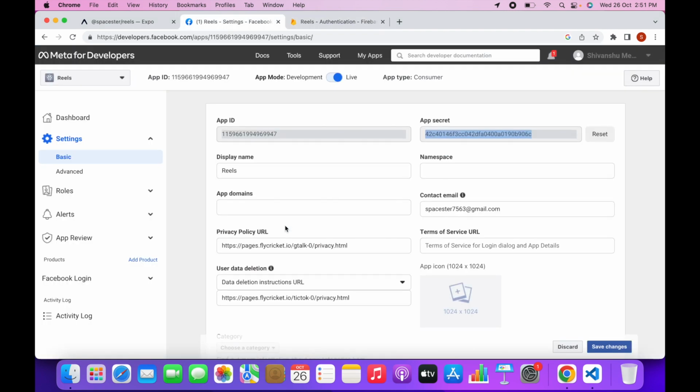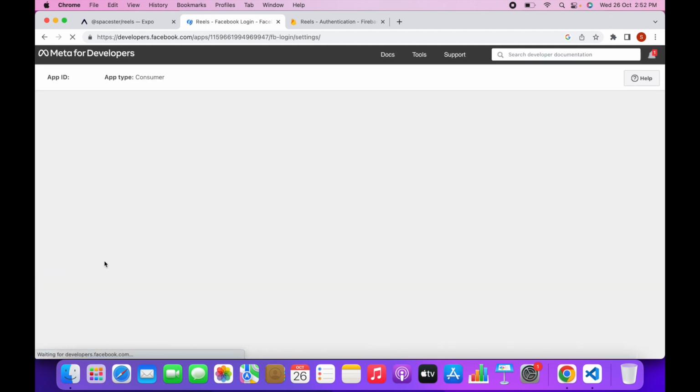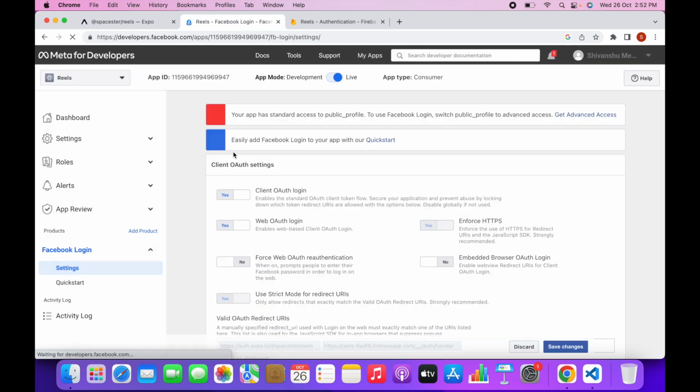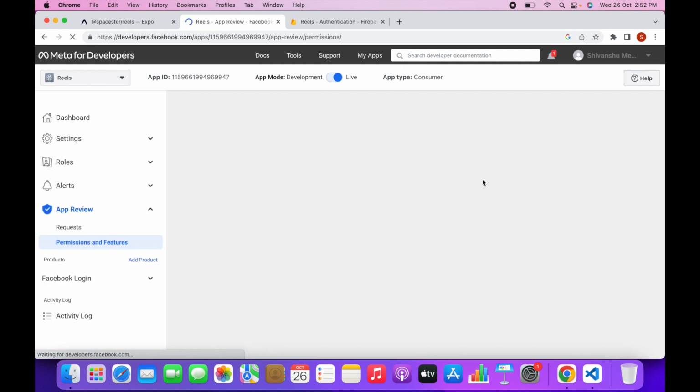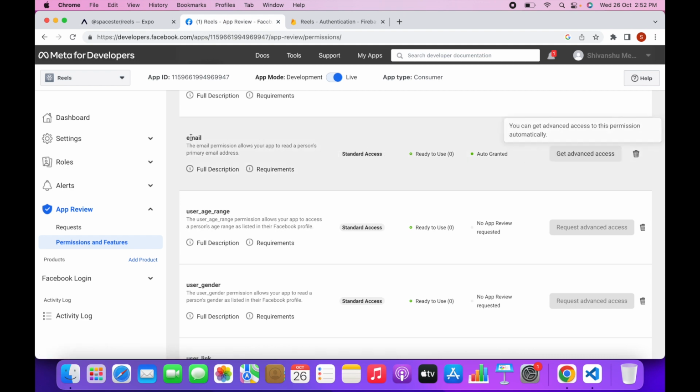So our Facebook login is done, but there is something we have to do: go to your Facebook login settings. After that, you will get this: your app has standard access to public profile. So just click on get access. Now scroll down and click on where you will see this email. Click on get advanced access,